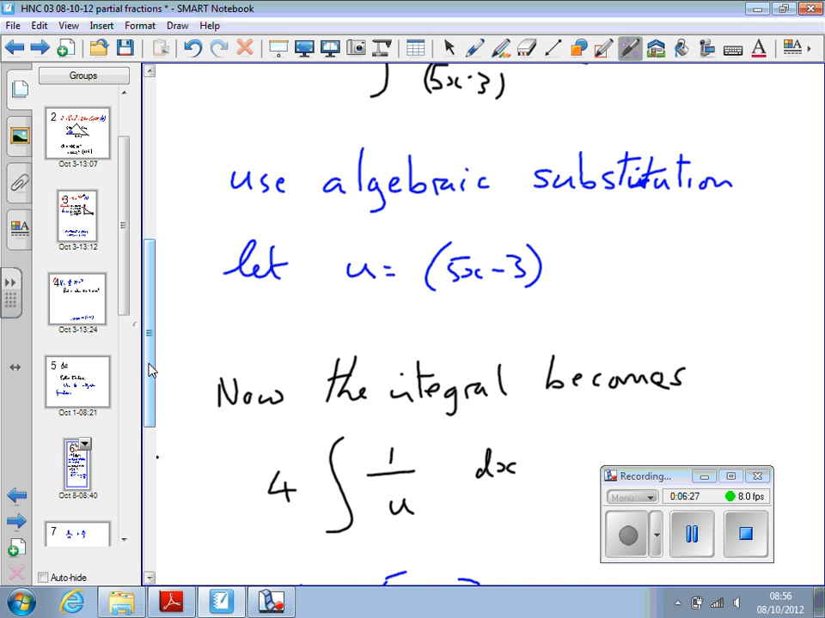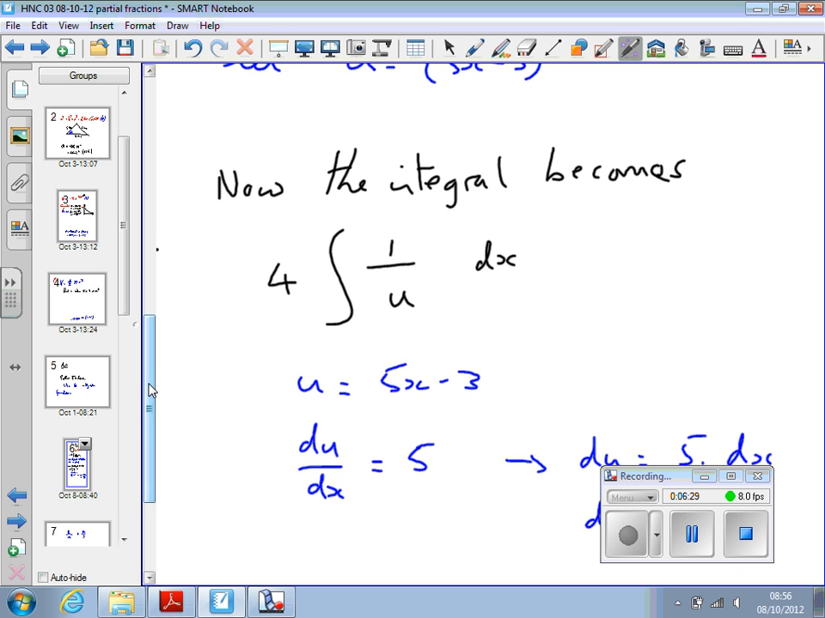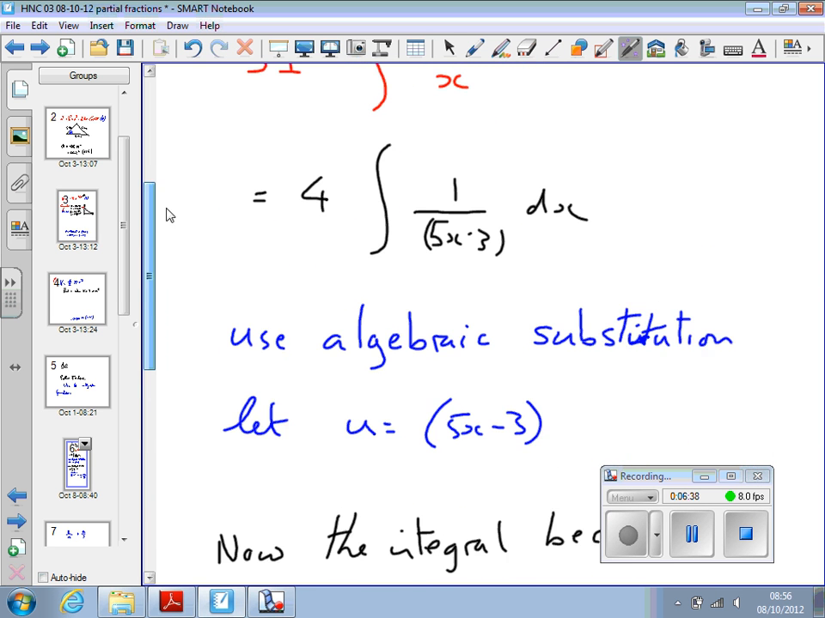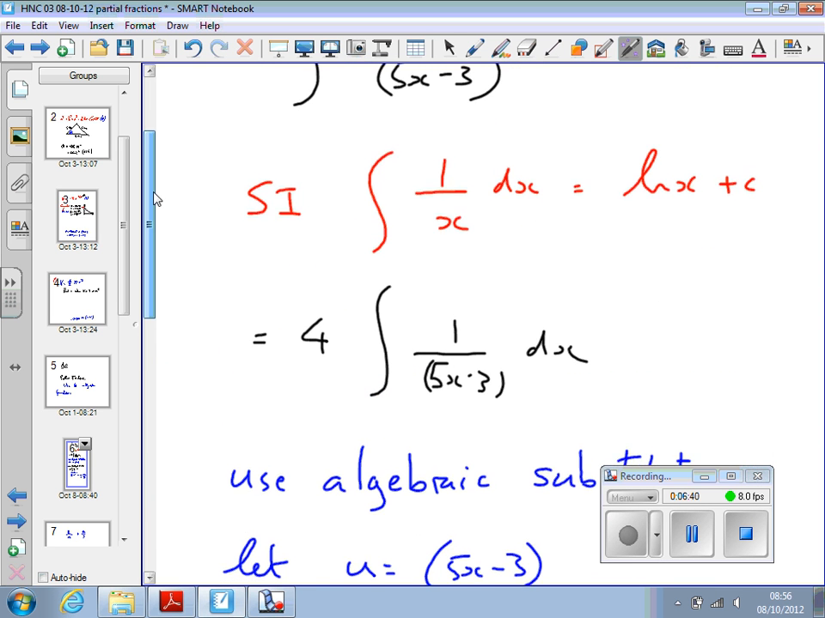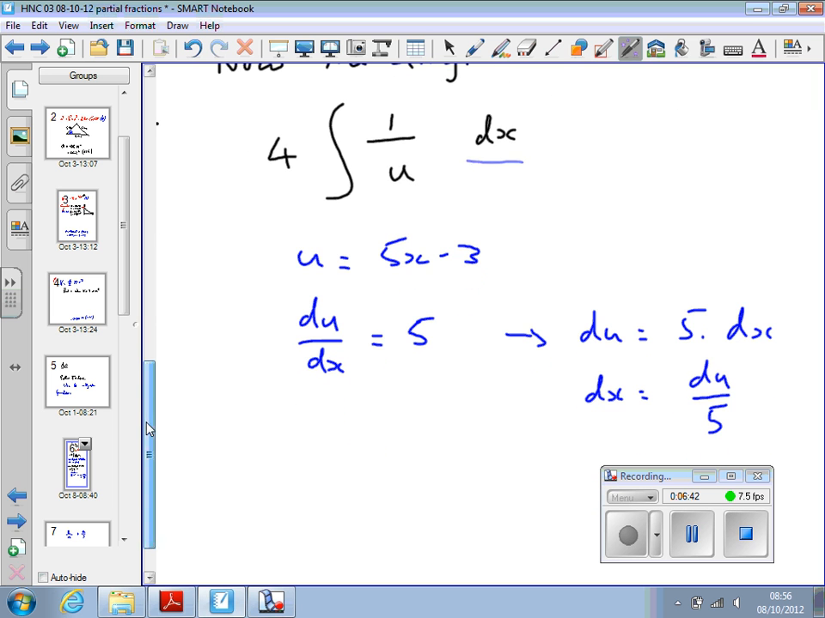I'm going to call that u. So then the integral becomes 4 integral 1 over u. But I've just got to change this dx into du so that it then looks exactly like the standard integral. And how do I do that? Whatever I've called u, I just differentiate that and rearrange it for dx equals du over 5. So now, instead of dx, I can write du over 5, and the integral becomes